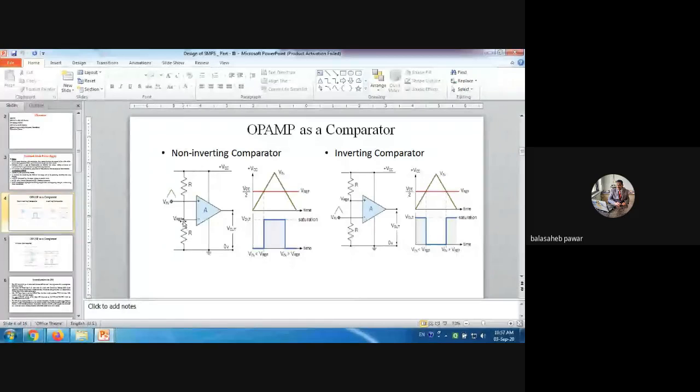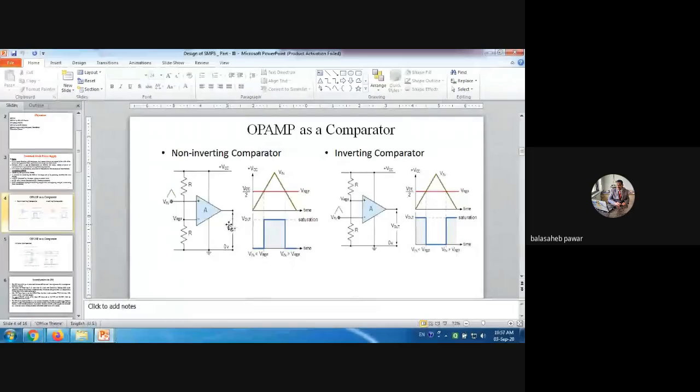Okay, and that's why I have written here VCC by 2 and drawn one straight line which is acting as a reference voltage. Okay, correct. And in this Vout, the diode is not shown, that means negative saturation is not shown, but consider we are considering only the positive outputs. Correct. So according to the differential voltage available between the inverting and non-inverting terminals of the op-amp, its output will be either plus Vsat or minus Vsat, and the same thing I have shown here.